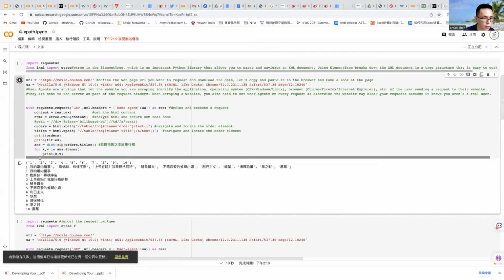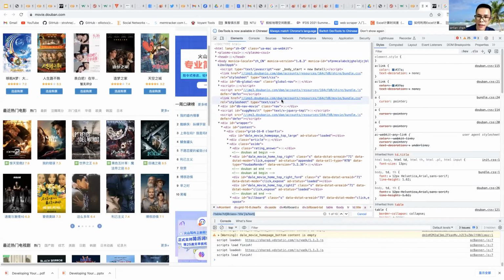And these are the results. We want to print the K and V in the answer items. The K is the order, and the V is the title. This is what we get from this HTML, and this is what the data scraper does.